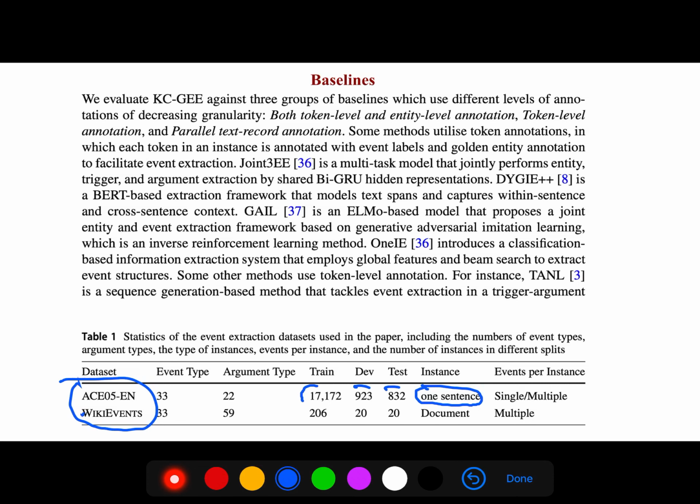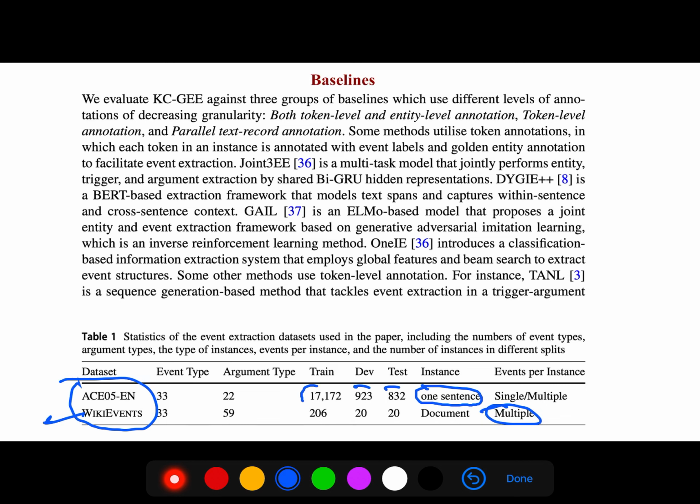But that's why they use WikiEvents, because if you want to validate your model for cross-document, you need to use another data set, which is WikiEvents. And the events are multiple events. It's not only single or sometimes multiple. It's always multiple. So it's very hard.